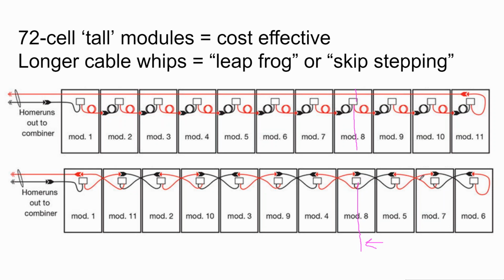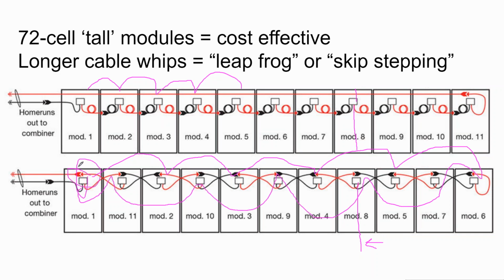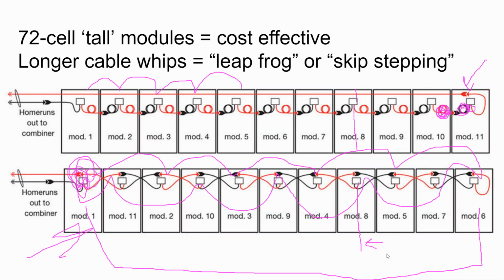So what they do on single axis trackers at the utility scale is, instead of plugging the modules into their next door neighbor, they go every other module, and then that allows you to come back home. So your circuit starts and stops in the same place, and that's twofold. One, you don't have to make this home run circuit that you do in residential. And two, all of this extra unused cable is voltage drop. So you get a little bit of an efficiency boost by doing this kind of wiring technique.